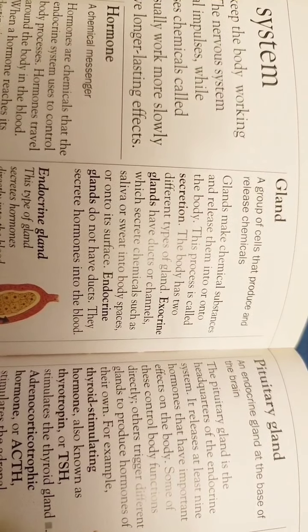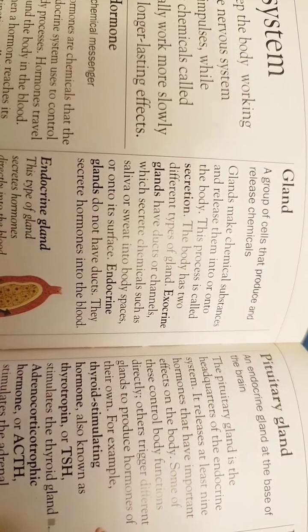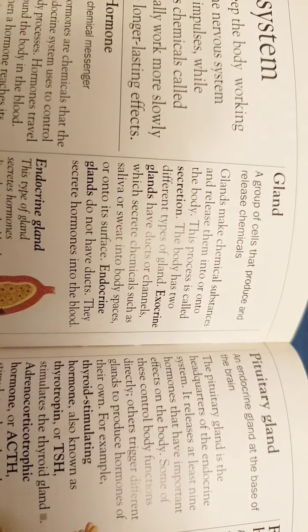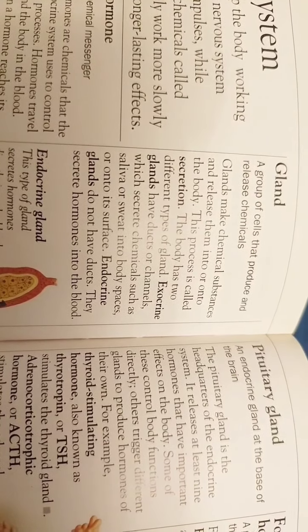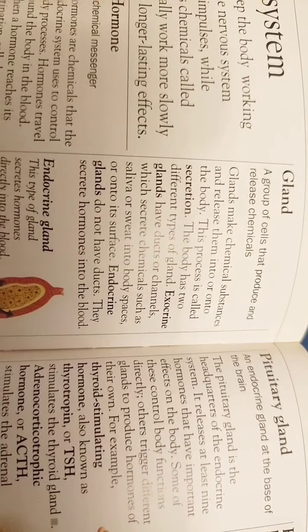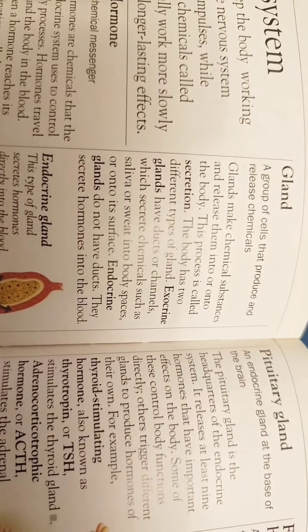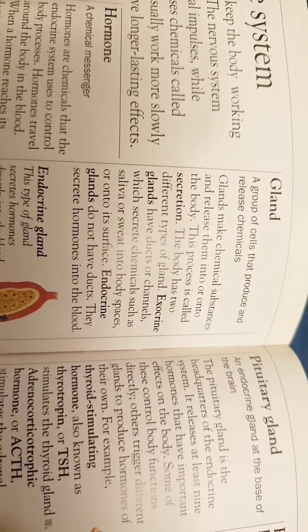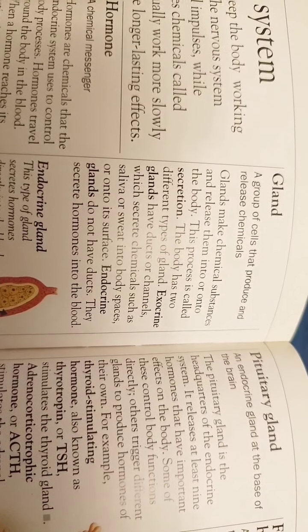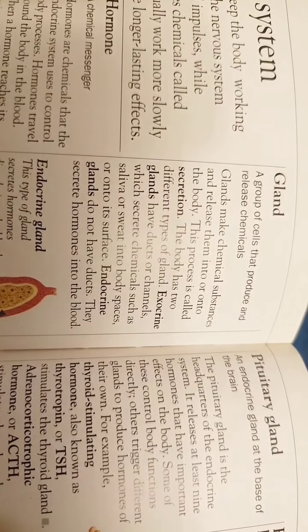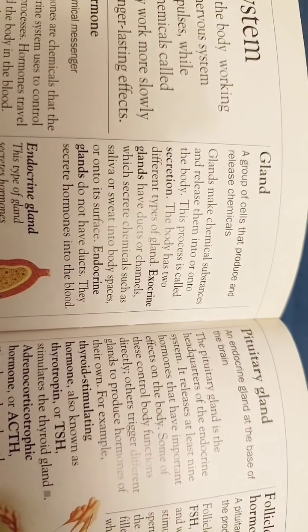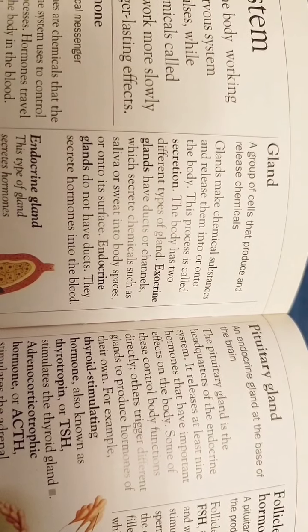Exocrine जो होता है वो बॉडी केमिकल्स सिक्रीट करता है बॉडी की बाहर वाली सरफेसेस पे, जैसे कि पसीना आना या सलाइवा आना। और एंडोक्राइन ग्लैंड्स की कोई डक्ट्स नहीं होती, वो ब्लड के अंदर अपने जितने भी हार्मोन्स होते हैं उसको सिक्रीट करती है।